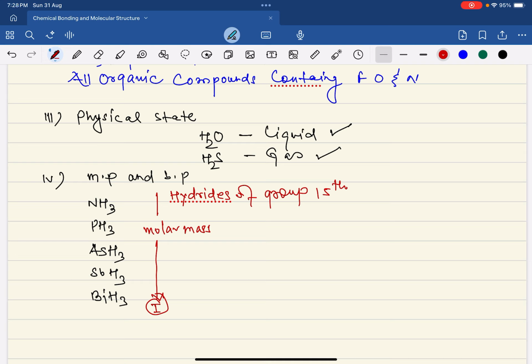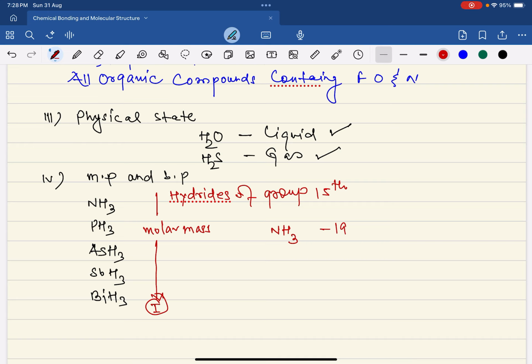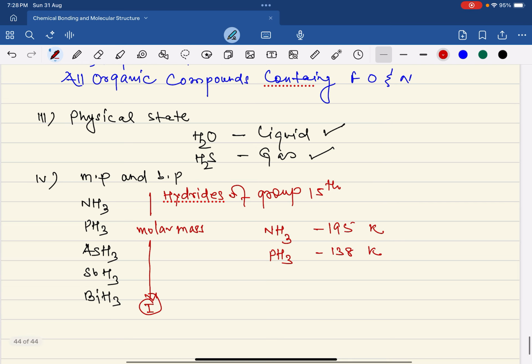In this case, the melting point of ammonia should be lowest and bismuthine highest, but due to hydrogen bonding, the melting point of ammonia, NH3, is 195 Kelvin, and phosphine is least, that is 138 Kelvin, due to lack of hydrogen bonding, and arsine, antimonine